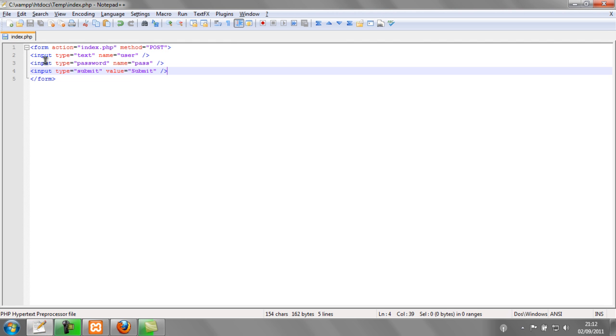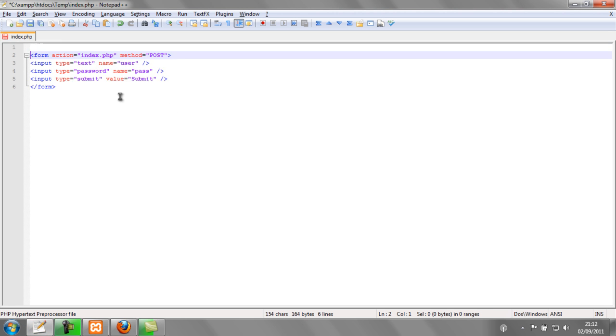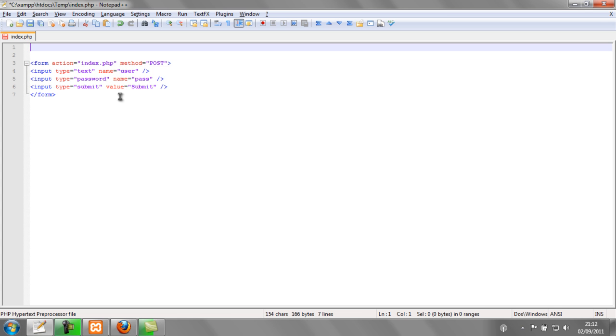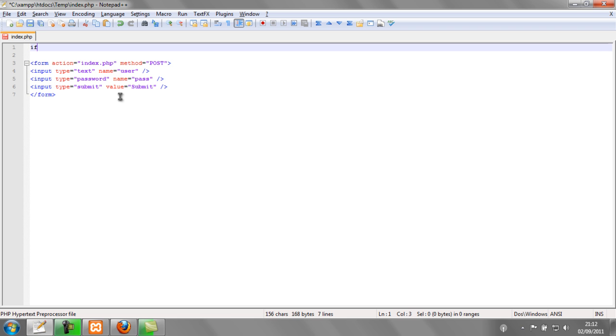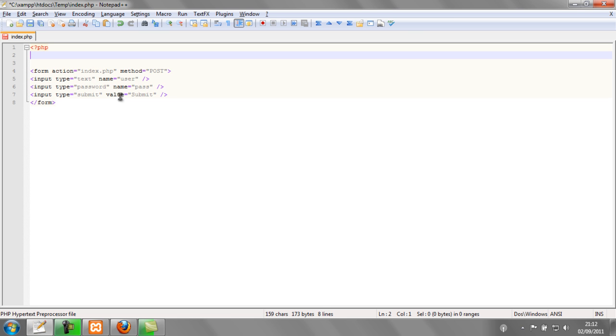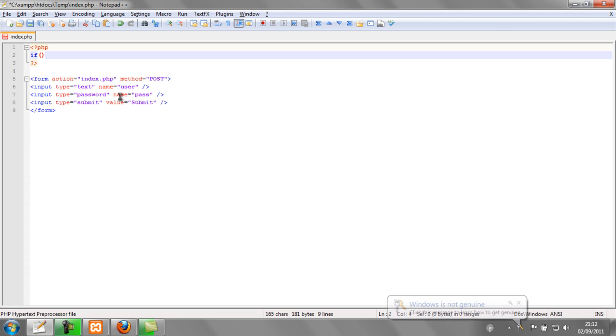So now, I'm going to create an if statement, and first of all we need to create our PHP tags. And what this if statement is going to check is if the text field and the password field have something in them. So we're going to use a PHP function called isset,